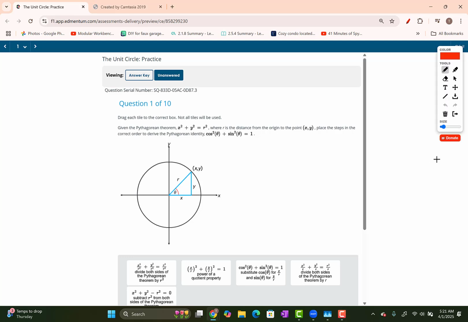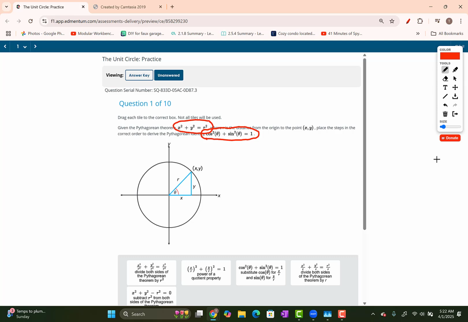Question 1. Drag each tile. Not all tiles will be used. Given the Pythagorean theorem, x squared plus y squared equals r squared, where r is the distance from the origin to the point xy, place the steps in correct order to derive the Pythagorean identity cosine squared plus sine squared